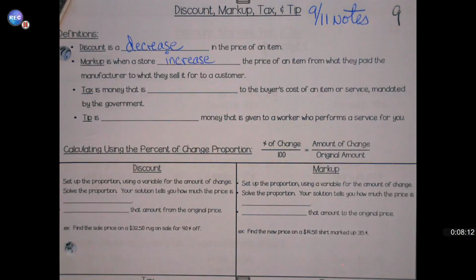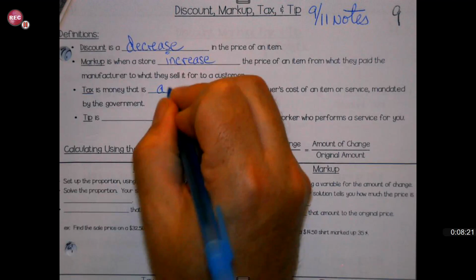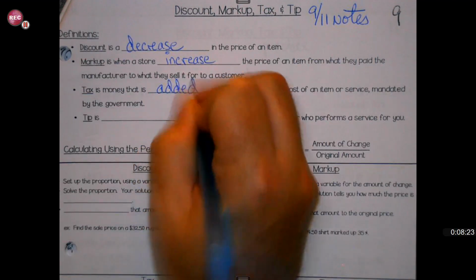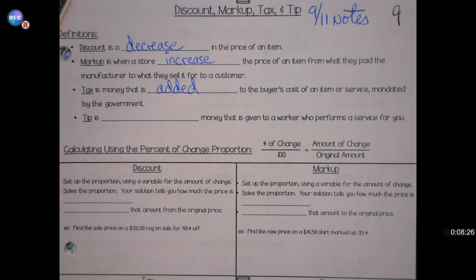Now, today, adding to it, here comes more stuff with percentages. Man, they don't go away. Tax is money that is added to the buyer's cost, so another addition besides a markup, mandated by the government. The store does not have a choice unless they're going to eat it and pay it themselves, but that doesn't happen very often. So that can be more money out of pocket. And then one more time on top of it,